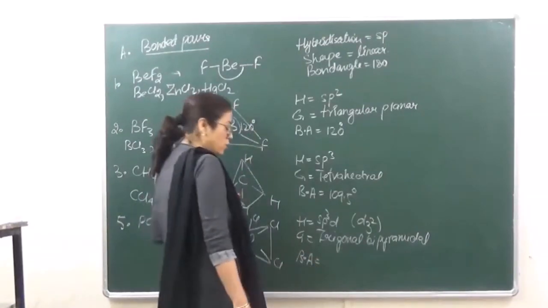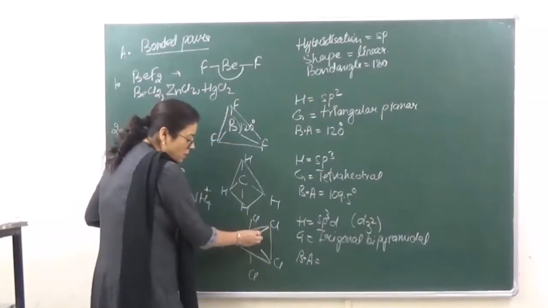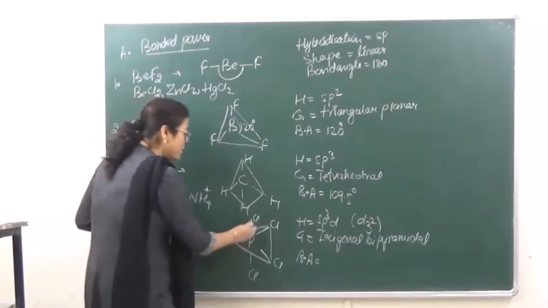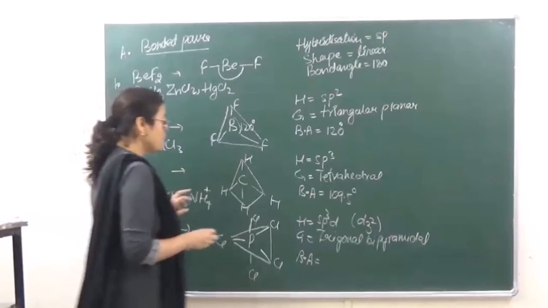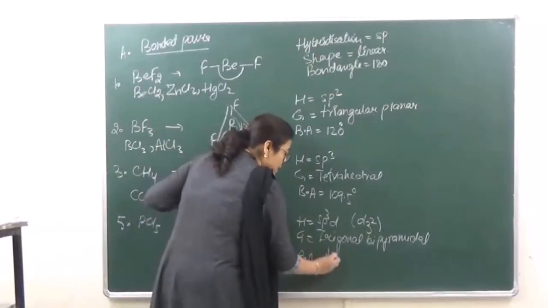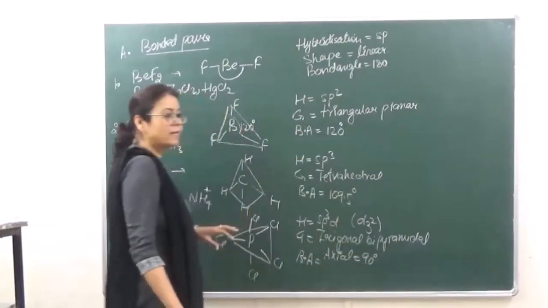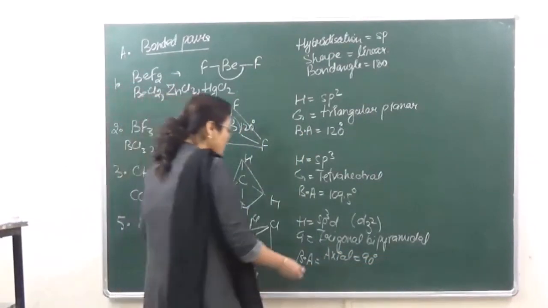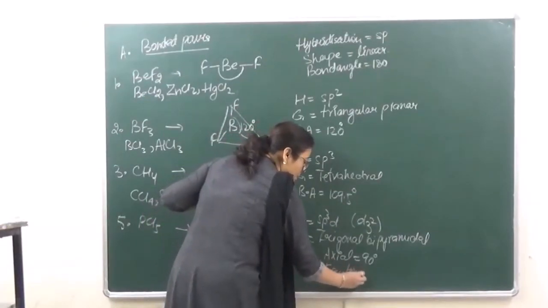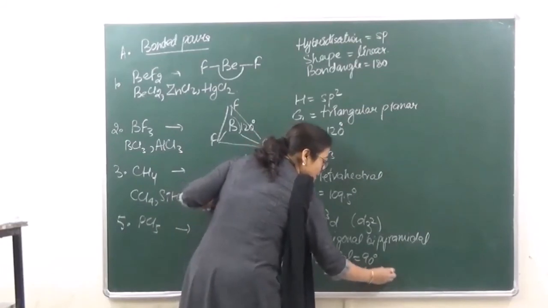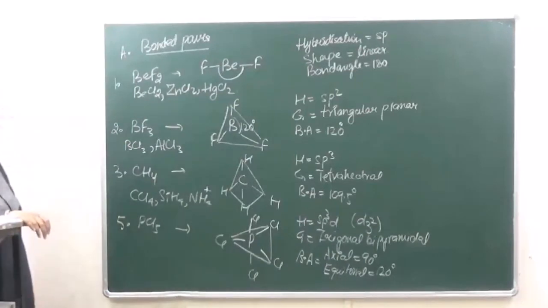that is going to be equal to, you can see two types of bonds which are present. One is this bond, this is known as the equatorial bond, and one is this bond which is known as the axial bond. So there are two bond angles: the bond angle for axial, which is perpendicular to the plane, is 90 degrees, and the bond angle for equatorial is 120 degrees. ठीक है, समझ आ गया?